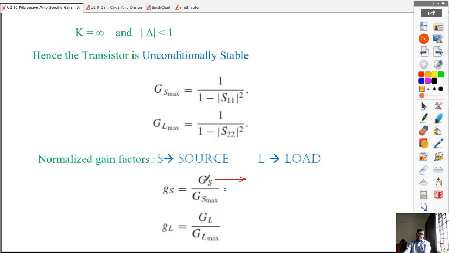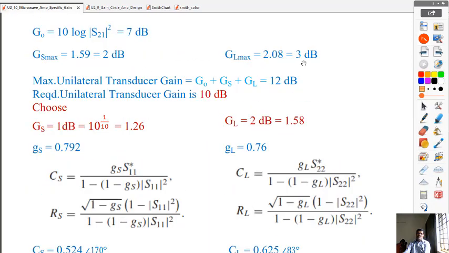So by applying the GS, that is our option GS divided by the GS maximum, which gives the GS normalized value. Similarly, the normalized GL value equals our option value for GL divided by GL maximum. GL maximum we have already computed as